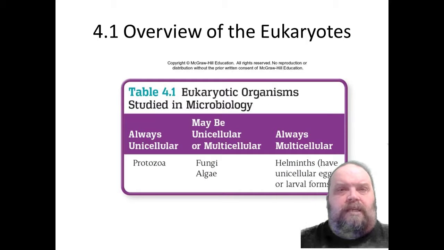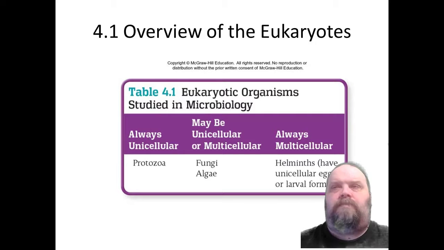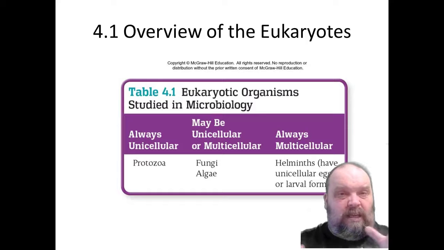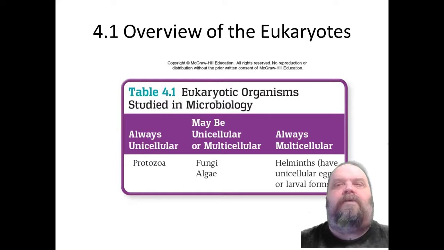When you look at eukaryotic cells, modern day eukaryotic organisms, we see that they fall into one of three camps. First camp, always unicellular, single cellular things. Protozoa fit that. Middle camp is going to be things that can be unicellular, single cell, or can be multicellular. They can clump, they can aggregate, kind of work together. That's going to be fungi and the algae. And then the things that always are multicellular, always have to work together, start to form tissues. Tissues can evolve to become organ systems. That's going to be the helminths. We'll see later in this chapter what we think of as the parasitic worms.